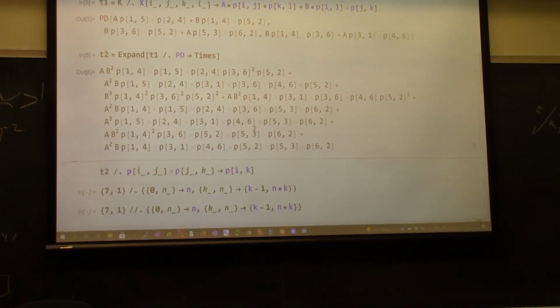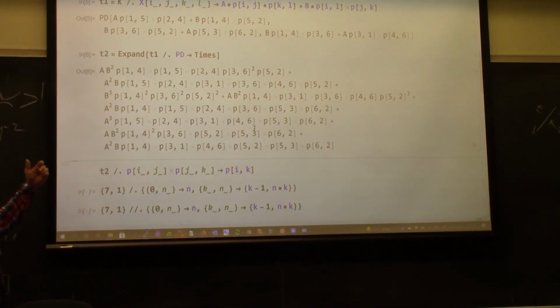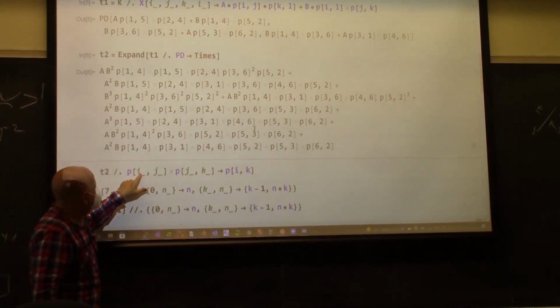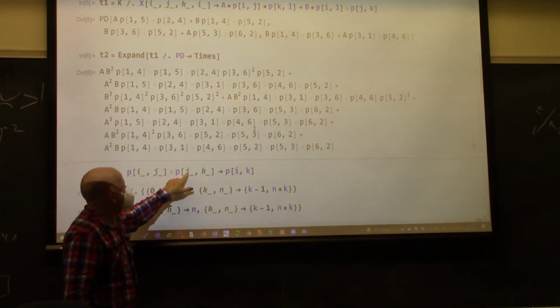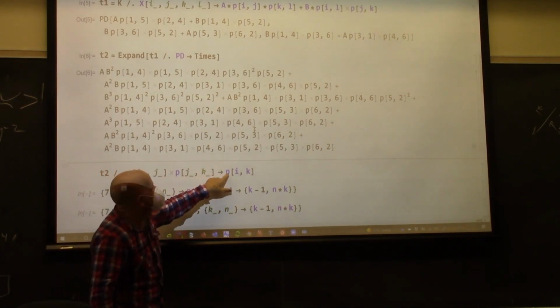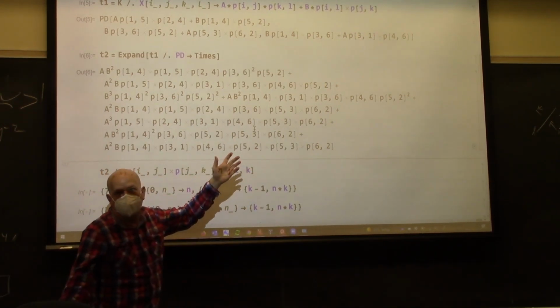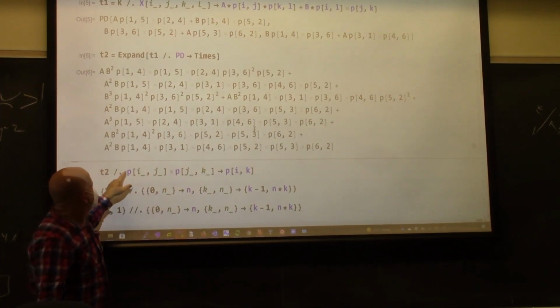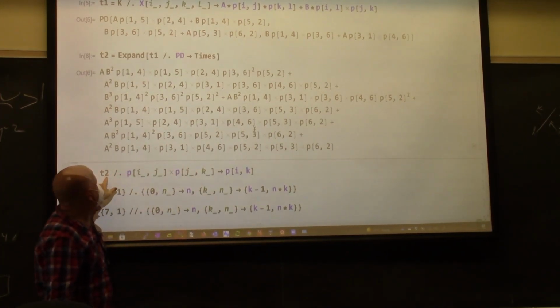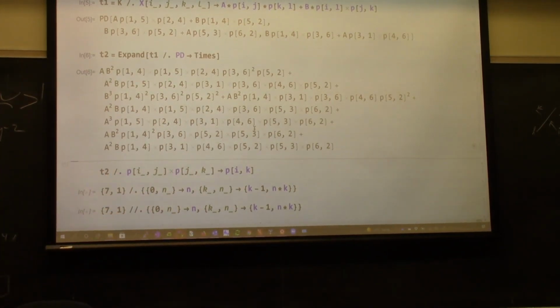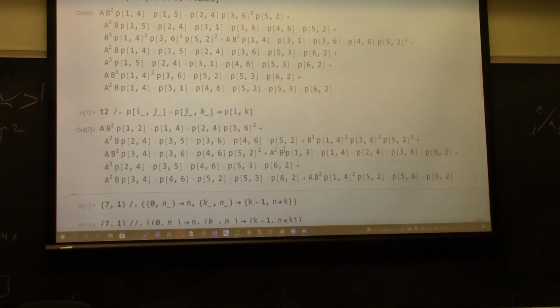Okay? So the clever trick is to simplify paths. So if you see a path from I to J, and then from J to K, it's the same as a path from I to K. So this is a rule, and I want to apply it to T2, and let's see what happens. So, well, it became shorter,